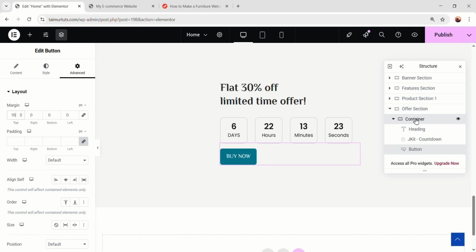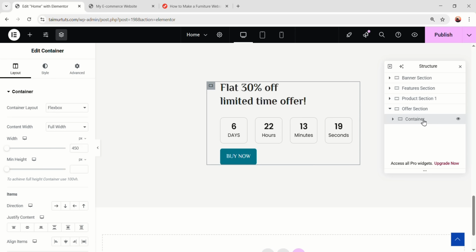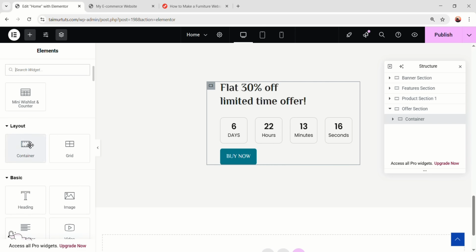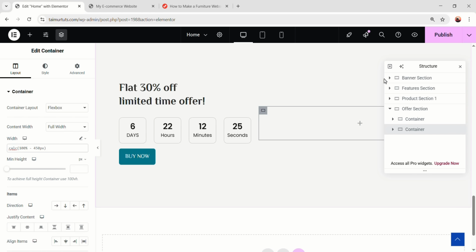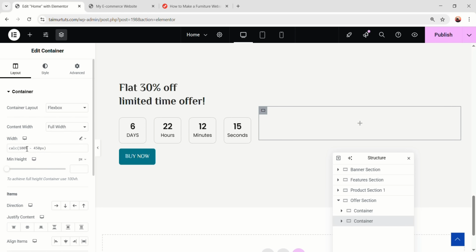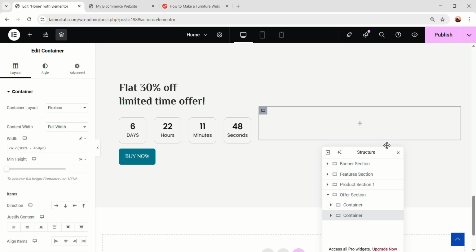So after this container, let's add one more container. If we just add the container right after this container, it will be pushed on the left. But I'm going to select the second container and make the width custom, and again I'm just going to type that code, like calc bracket 100% minus 450 pixel and bracket, and it will be just fixed. It means this container is using 100% width, but with the minus we're telling that it's using 450 pixel less of 100%. Okay, right, now inside this container we're just gonna add a simple image